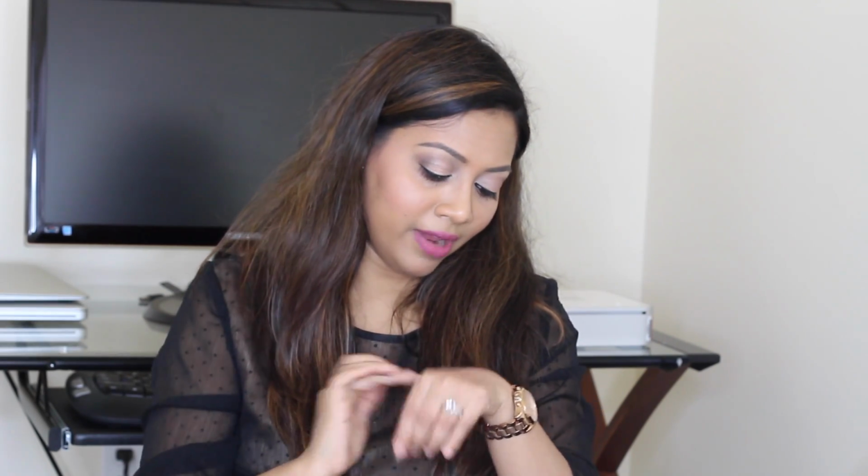I will show it in a bit. Or you can just stick to this one. It's a beautiful, beautiful transition color. When you look at the pan, it looks very muted. It is very easy to overlook when you are looking at the counter, but it's a beautiful, beautiful matte brown color. It is the perfect brown,